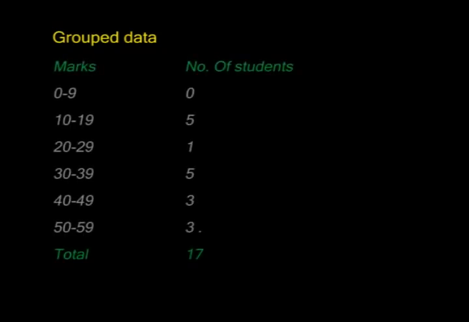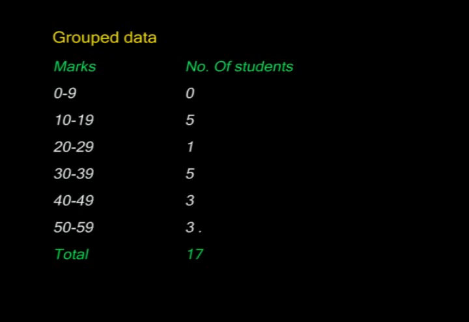Let us now look at grouped data, and in the record we had for the mathematics exam, the exact marks for each student was represented. That data was ungrouped. We can now group that kind of data into classes. For example, I can say 5 students scored between 20 and 29 marks, 8 students scored between 30 to 39, and so on. Now this table on your screen shows grouped data.